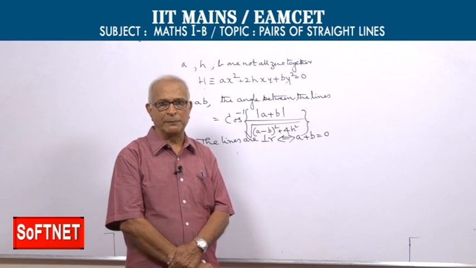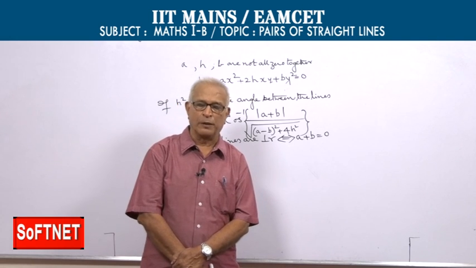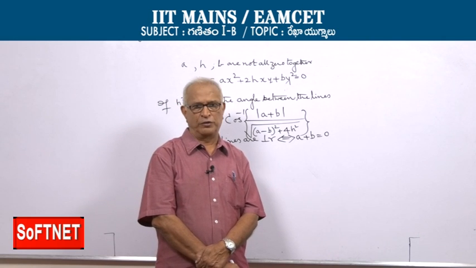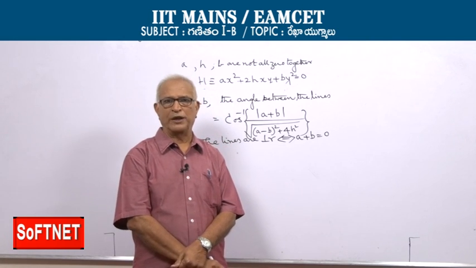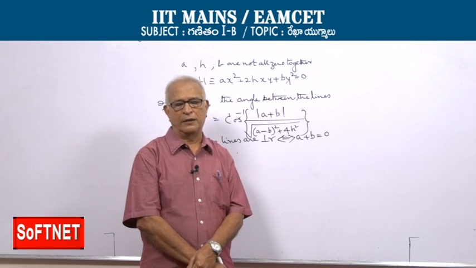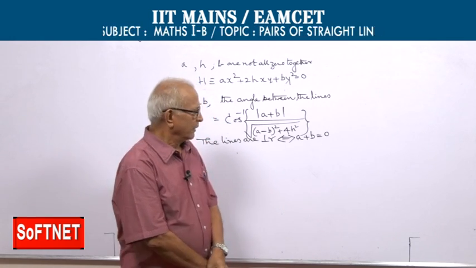So the two lines represented by the homogeneous equation H equal to 0 are perpendicular if and only if the sum of the coefficients of x square and y square is 0. When the sum of the coefficients of x square and y square is 0, only then the two lines represented by this H equal to 0 are perpendicular, and that is clear to us. Next,